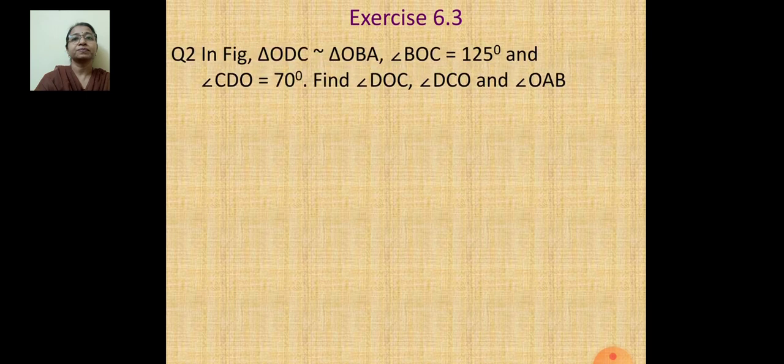So children, all these points we have already covered. Now let us proceed with our exercise 6.3, which we have already started. In the previous lesson, we have seen pairs of triangles where you just have to state the criteria by which two triangles are similar. Okay, so now next.